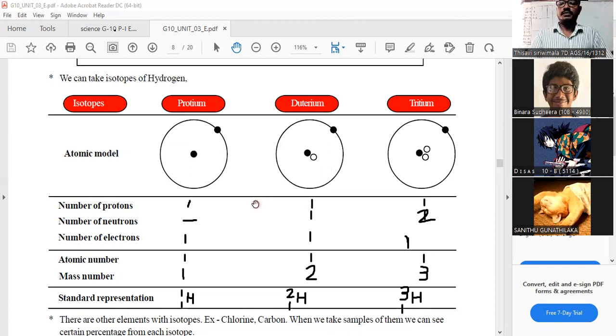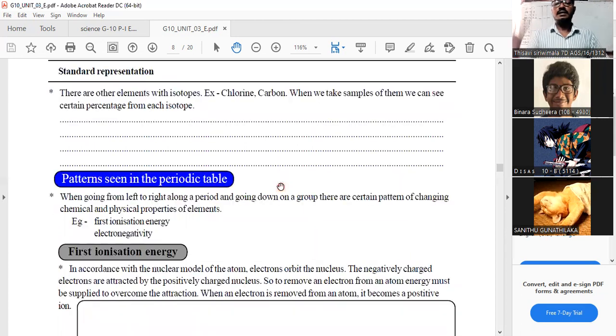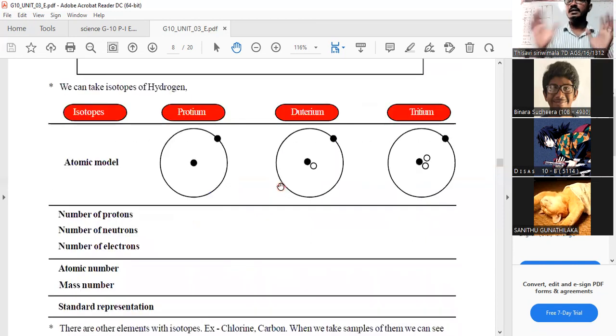Okay, so we'll continue. We'll clear this. Right. So then it says there are other elements with isotopes. Example, chlorine, carbon. When we take samples of them, we can see certain percentage from each isotope. Now, if you take a sample of hydrogen